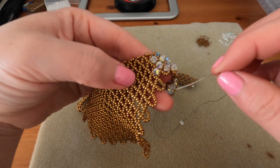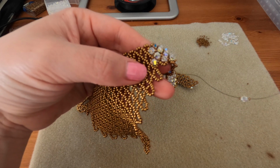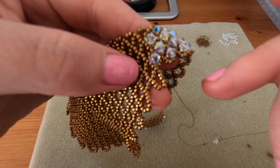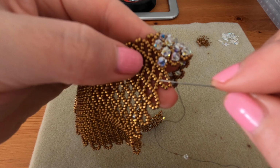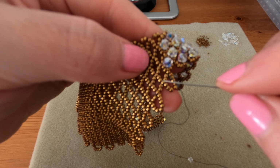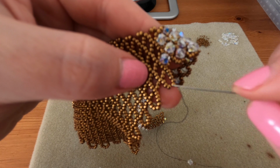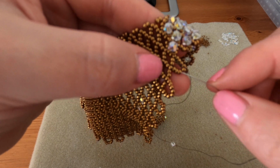So we are going to do the first bottom pocket of the triangle together, and I already got my seed bead, my 4mm bicone and my seed bead on my thread, and we're entering the third seed bead from the left, from this shared seed bead. So you see these 2 pockets, it's basically the bottom seed bead of this pocket. So number 1, number 2, number 3, and we're entering the third seed bead from the left, from that shared seed bead,